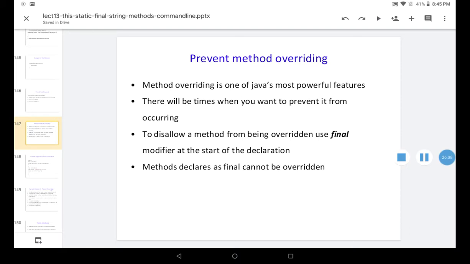To disallow a method from being overridden, use the final modifier at the start of the declaration. If we think the method definition should not change in subsequent classes, we say final: don't change the definition. Methods declared as final cannot be overridden.